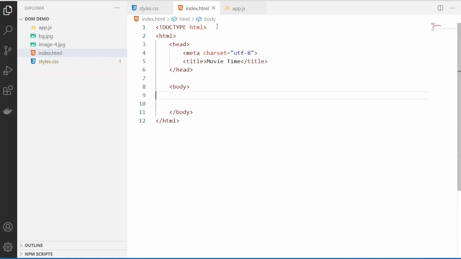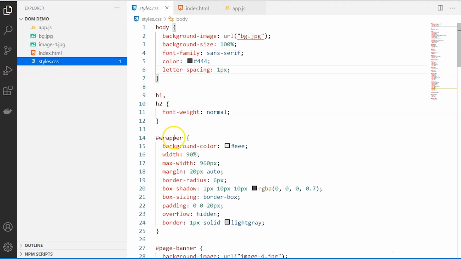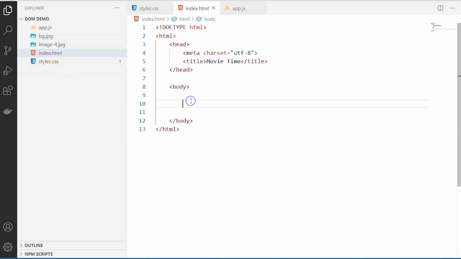Inside our body, as I told you while we were going through the style, we have already created this outermost container and I have given a name for that. So we will be using this in our HTML content, where I'm going to create a div. All the IDs will be represented as a hash that you will be using in your CSS.